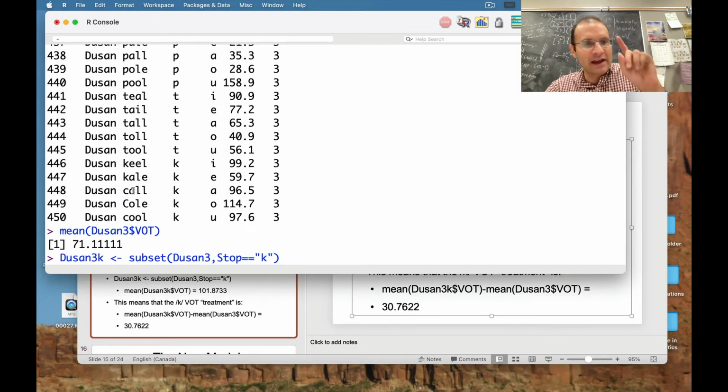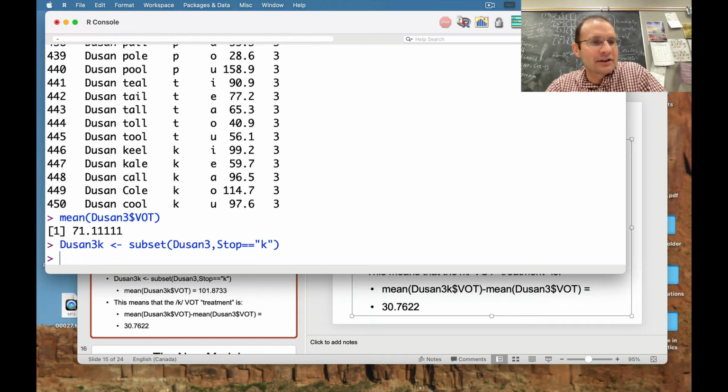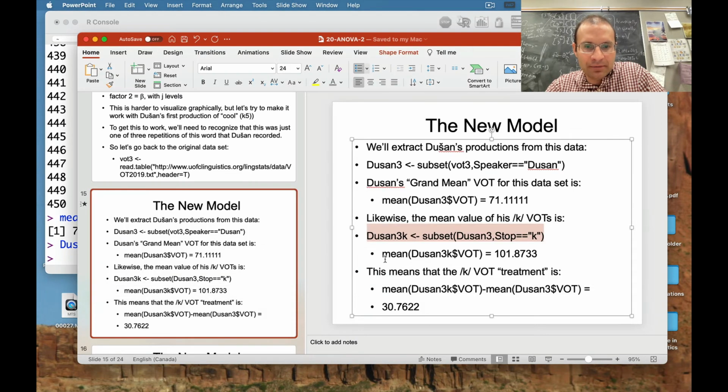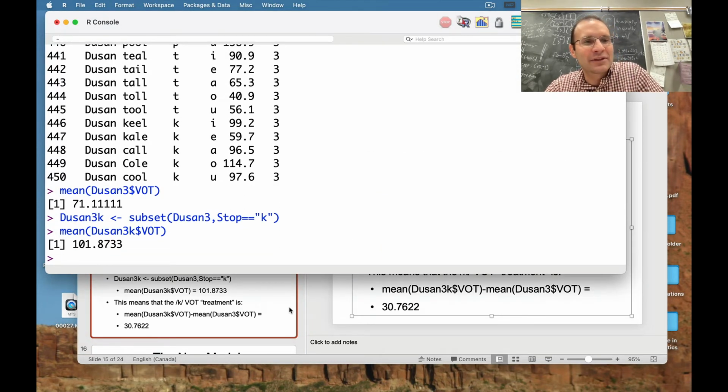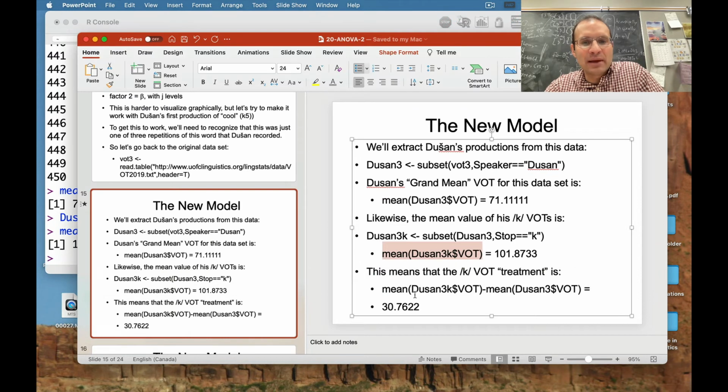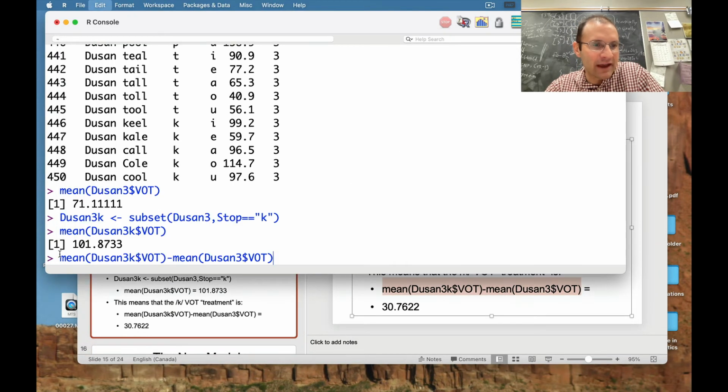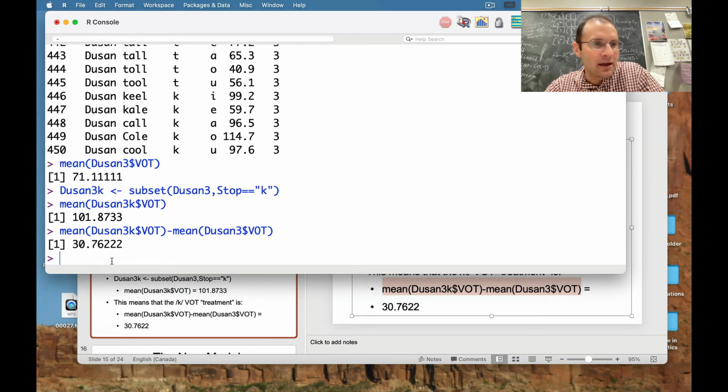So we're looking at factors of stop and vowel. And the first one, our alpha factor, is going to be stop. So the mean of that, which you'll see both in R and in the PowerPoint, is 101.8733. Okay, so what does that mean? For our modeling purposes, that means his treatment effect for stop, or at least for the K, that specific level of that factor, is